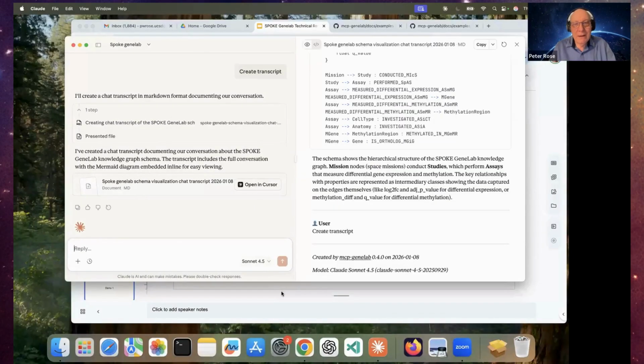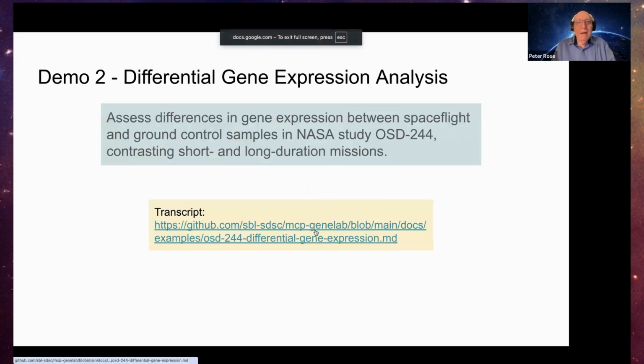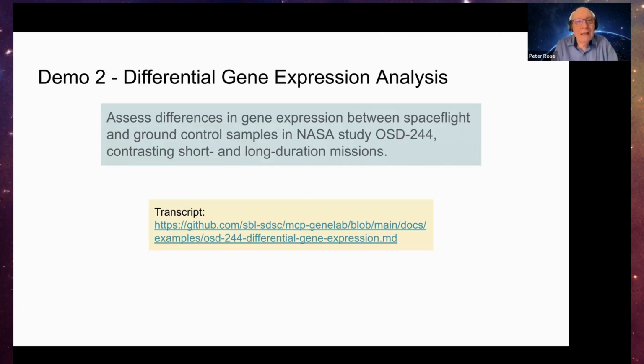So now let's go back to the slides and go to demo number 2. Now this is a more difficult query and it will take too much time to run live here. So I pre-ran it, and I will show you the transcript. This is the question we're asking: assess differences in gene expression between spaceflight and ground control samples in the NASA study OSD-244, contrasting short and long